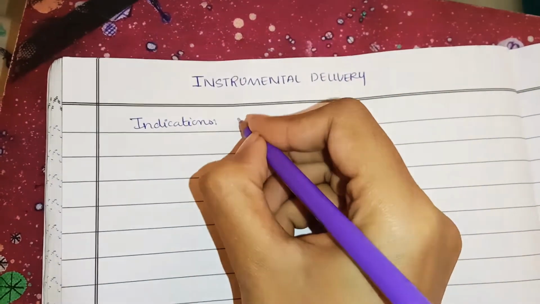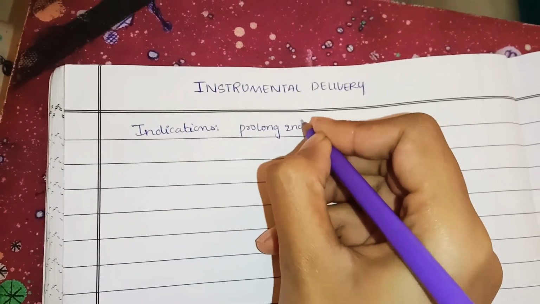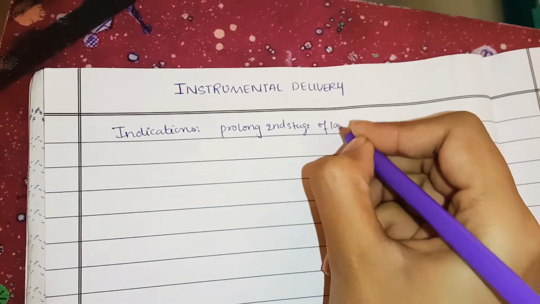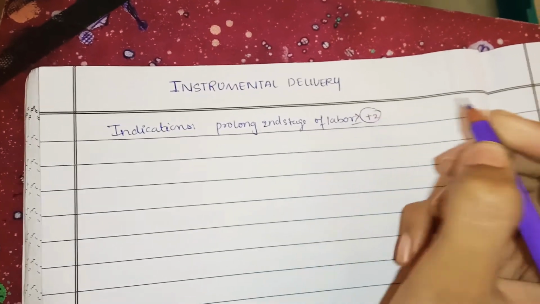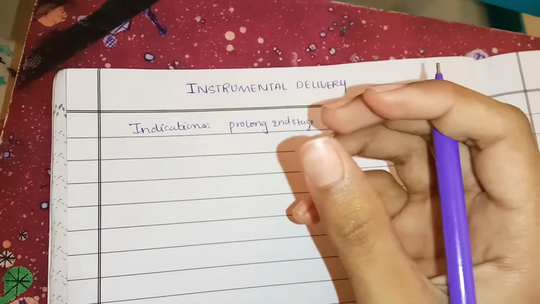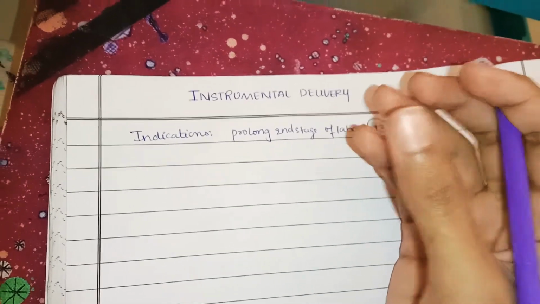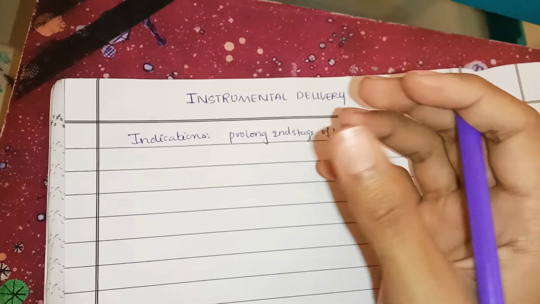The first one is prolonged second stage of labor. In the case of prolonged second stage of labor, especially where the fetal head is already at +2 station. When the fetal head is greater than or equal to +2 station, it means it has engaged. The fetal head has already engaged. So in this case, it's better to do instrumental delivery rather than cesarean section because the head has already come